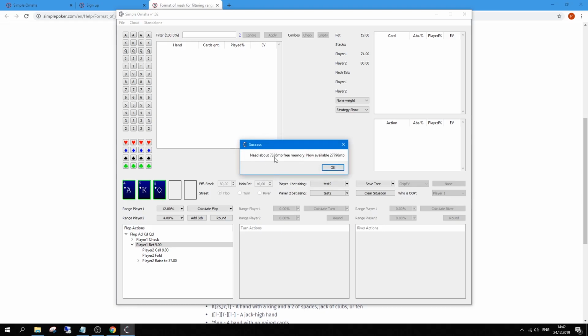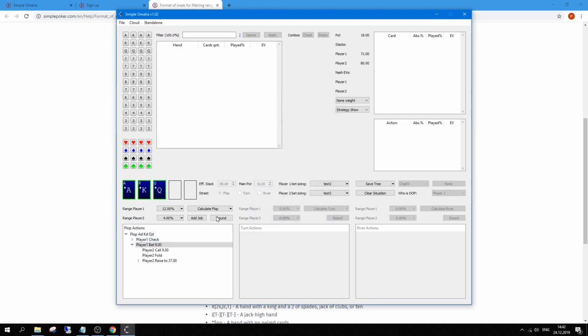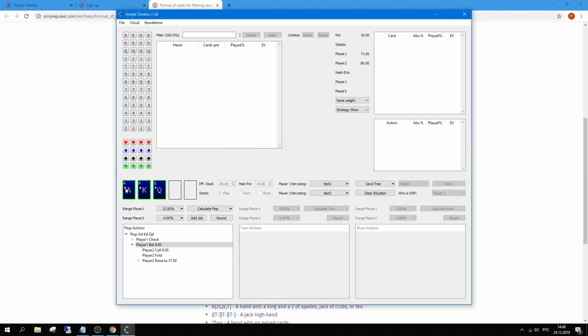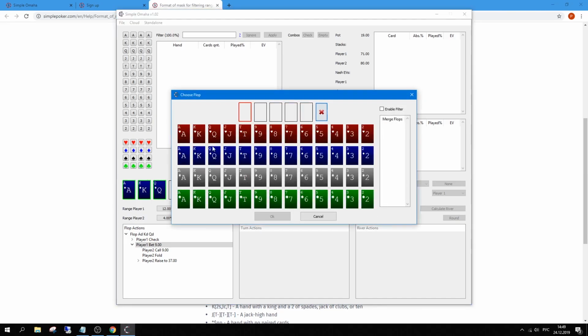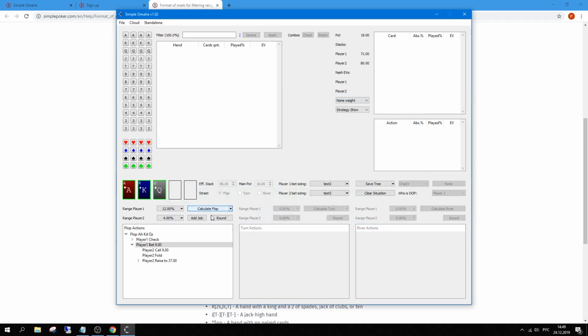Okay, only 7 GBs, but we have to realize that this is a very simple tree and we have a monotone board. Now let's go with vector algorithm A3 and check out how much memory we need for this one. Okay, now it's 19 GBs required. Let's now change the board from a monotone to a rainbow. Of course, we now expect to see that more memory is required,